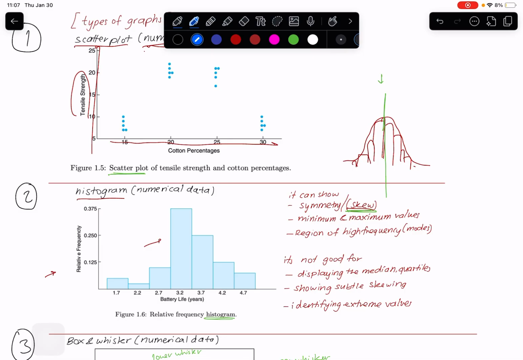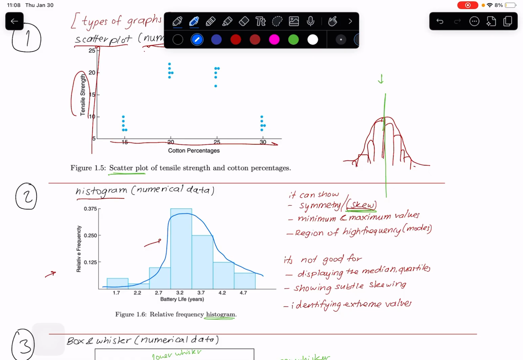skewed more to the right. When I say it's skewed more to the right, there is more data on the right. When you say it's skewed to the left, there is a tilt in the data into the left side, like there are more data values on the left side. So here you can see, for example,